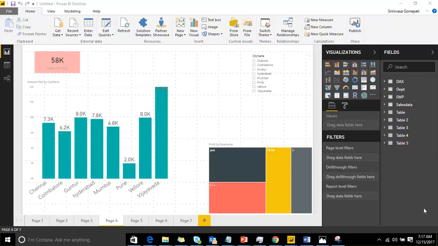So here, whatever the report that we created previously, the same was loaded here. You can see it's a fresh new report. All the pages, all the model and visualizations came. Now solution templates, if you click on it, it is going to showcase whatever solutions Microsoft released.